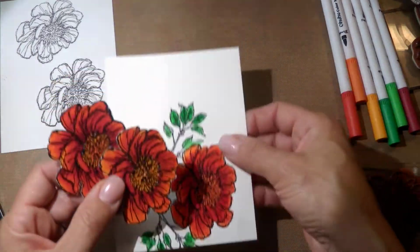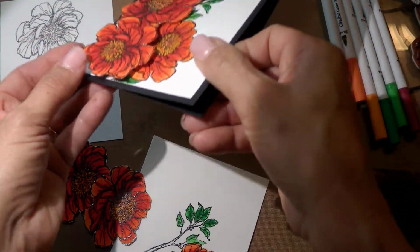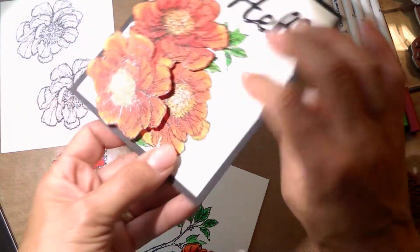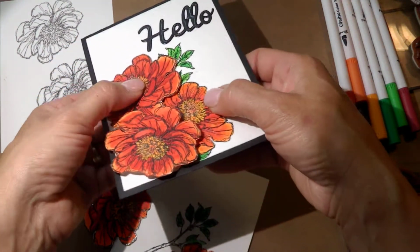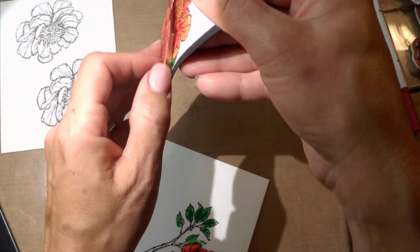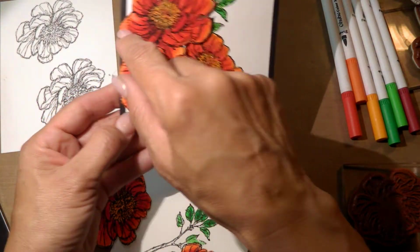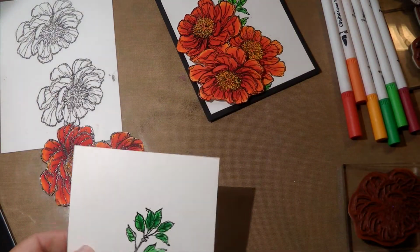So there. Now, I'm just looking at my card. I don't know if you can tell that I made a couple of layers here. The top flower, I just put a single foam, and the bottom flower is double foam. And I kind of like how it falls off the edge. They both fall off the edge. So what I'm going to do is I'm going to